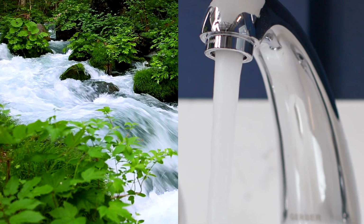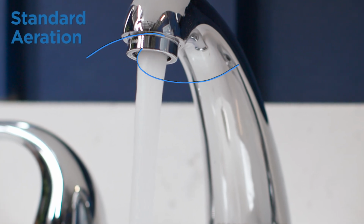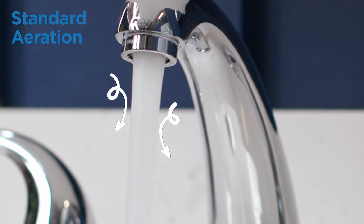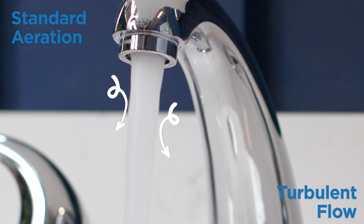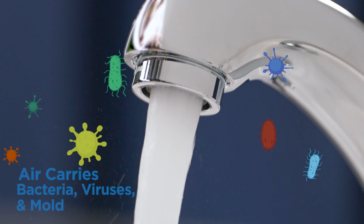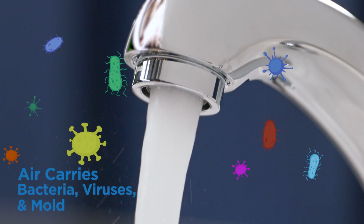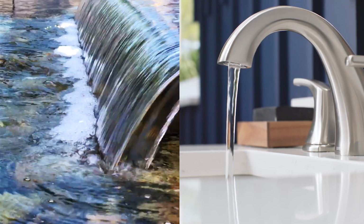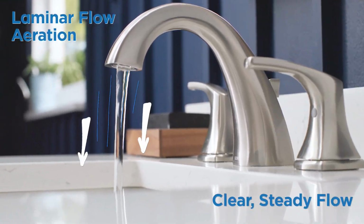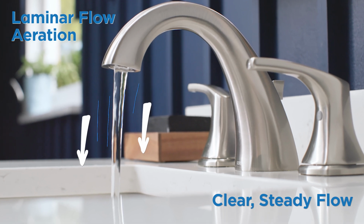Just like rocks creating river rapids, standard aeration draws air into the water as it comes from the spout, causing a flow with turbulence. And when standard aerators introduce air into the water, it brings all the microbes from the bathroom environment with it. Uninterrupted like a calm stream, laminar flow aeration prevents air from entering the water, allowing the